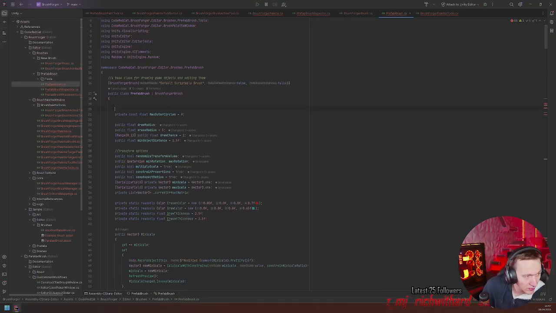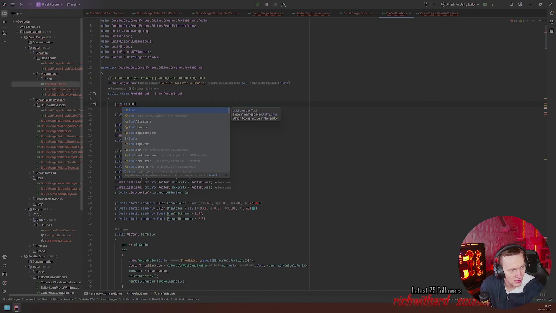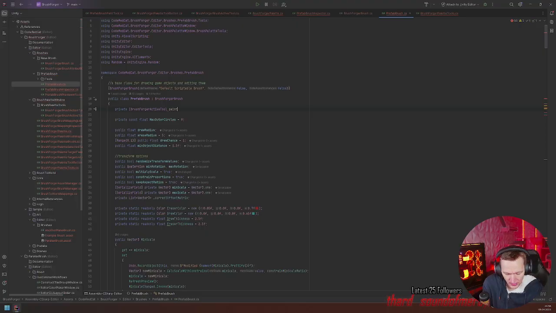a private tool brush forger active tool, paint tool, erase tool. Yeah, and then I just add these.